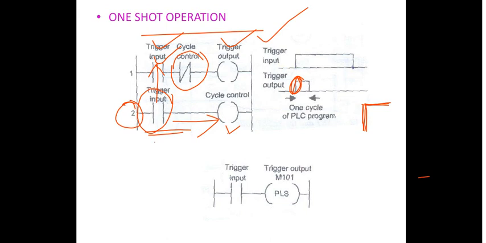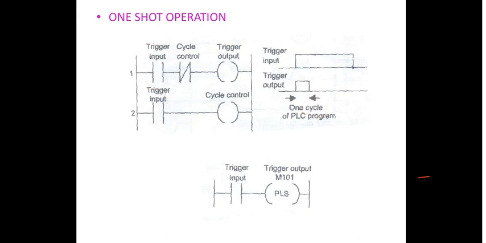The power rail starts from the left hand top, goes towards the right hand top, then comes to the next rung at the left hand, then again goes across like this, then comes here, then goes here. In this process some time elapses. That time is the PLC cycle time, or what I earlier mentioned as scan time. That all varies from PLC to PLC. Now what happens after that scan time is over, put here.